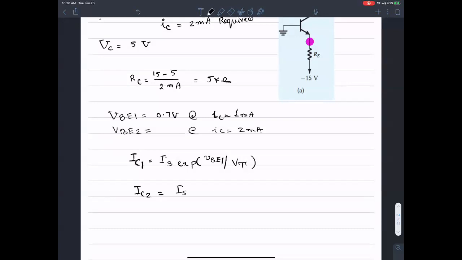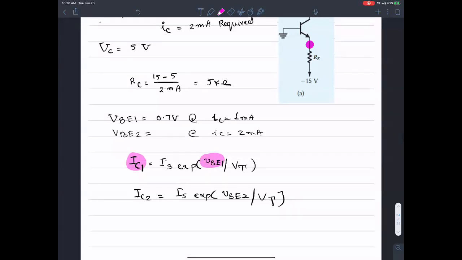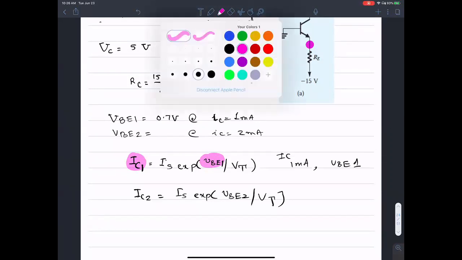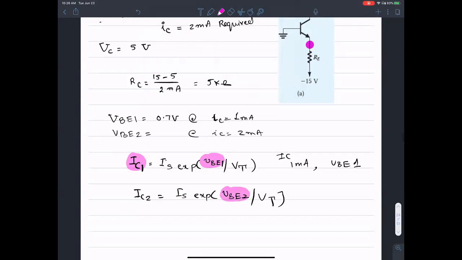IC2 is still IS exponential of VBE2 over VT. So for the value of IC1, I have VBE1 of 0.7. So this is 1 milliampere IC, and then VBE1 is this guy. So for VBE2, which is here,